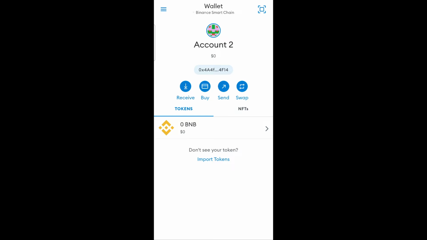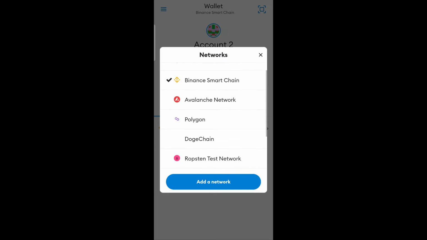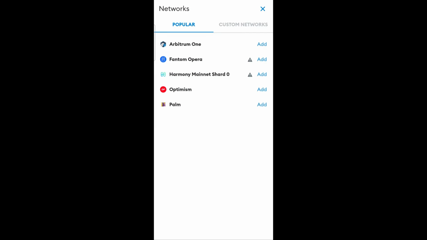In top of the screen, click on networks. As you can see, I already added Polygon network. Just click add network, and in this list of popular networks you will see Polygon network. Click add